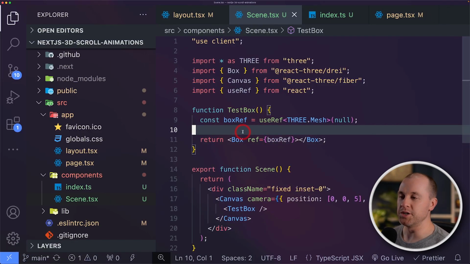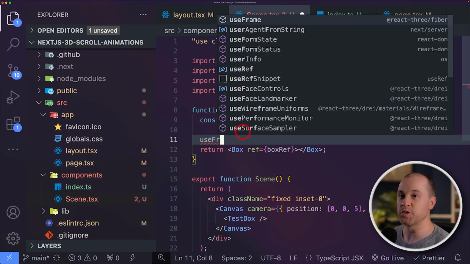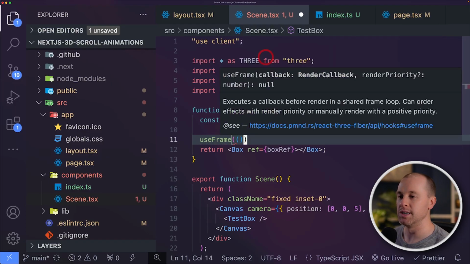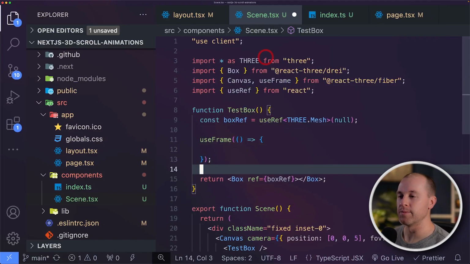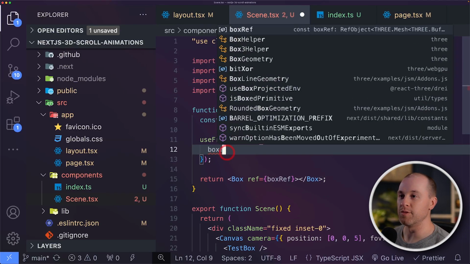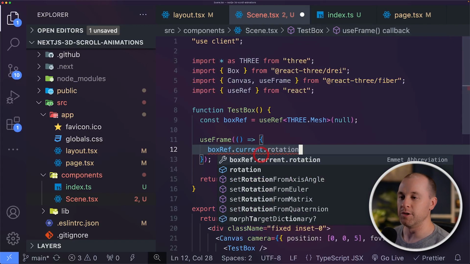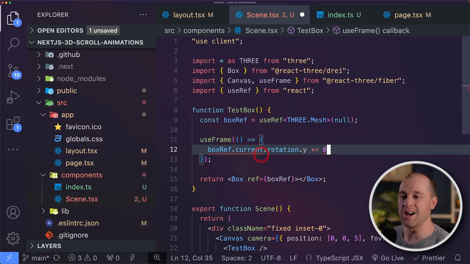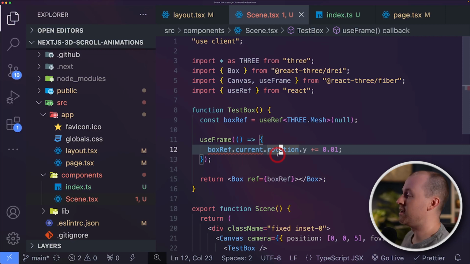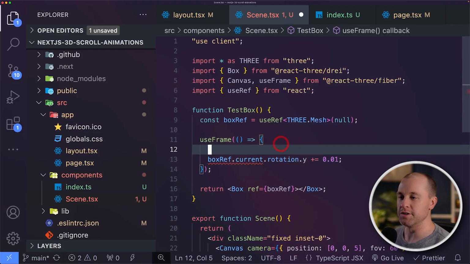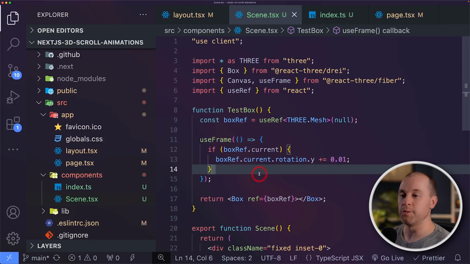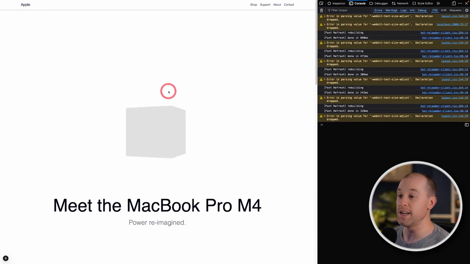Now I want to update the rotation each frame. So I'm going to use the useFrame hook that comes with React Three Fiber. This just accepts a callback. So we can do boxRef. We'll get the current reference and then we'll rotate it about its y-axis. So the y-axis is the up and down axis. So you can think of that as me kind of rotating around in my chair. Now this might be null. So we first need to do a null check. And there we go. Now when we go back to our page, we can see that we have a rotating